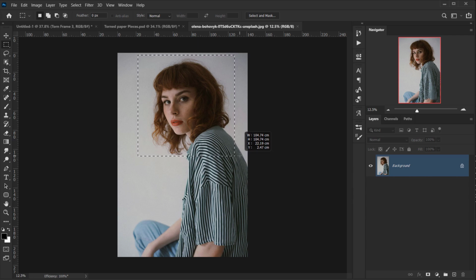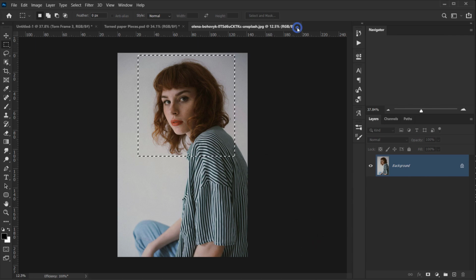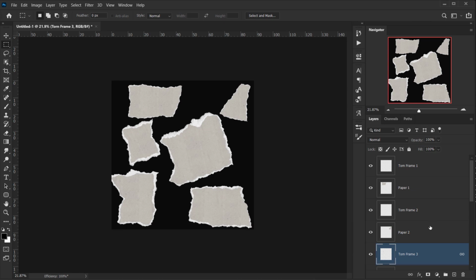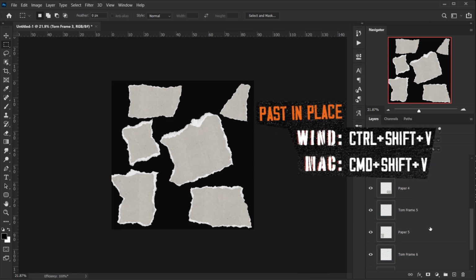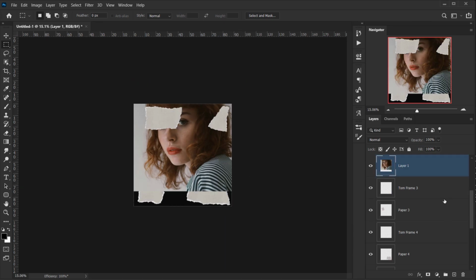All right, and then I'm gonna press Ctrl Command C to copy, and let's close this and this one too, because we don't need it. And then Ctrl Command V to paste, or Ctrl Shift or Command Shift V to paste it in the center like that.